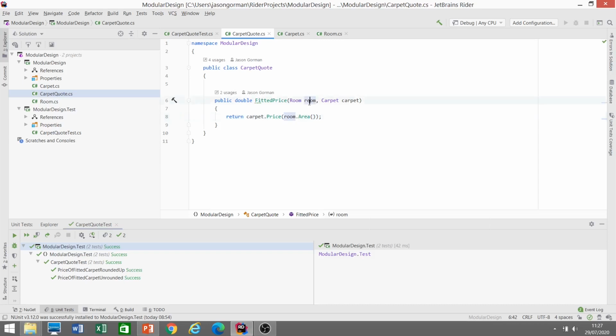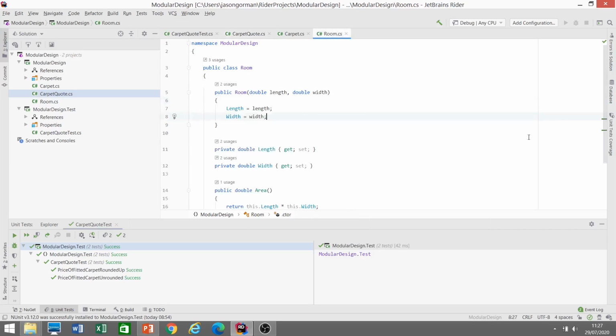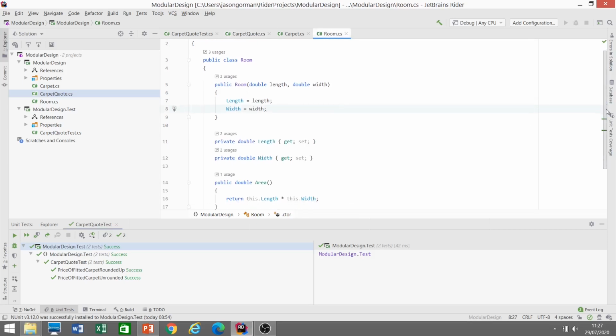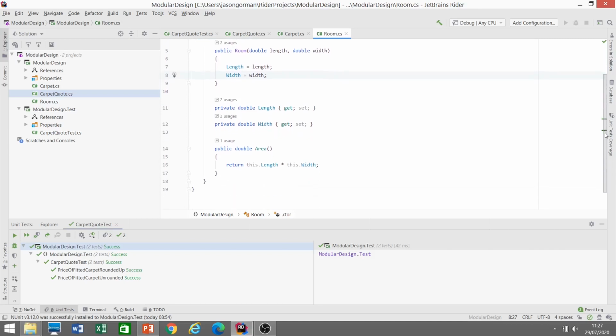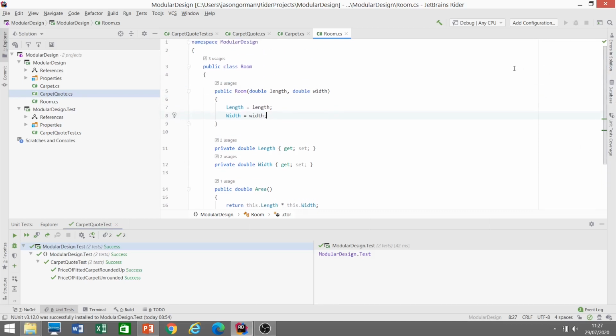Now, this is very language specific. It wouldn't actually be that easy in C# to extend room with a different implementation. For example, let's say a circular room, because we would need to change the design of this class, for example, to make area virtual so that we can easily override it in a subclass. Now, I'm not a big fan of implementation inheritance generally, so I think a cleaner way of redesigning this and refactoring this to make it much easier to swap with a different implementation would be to extract an interface for